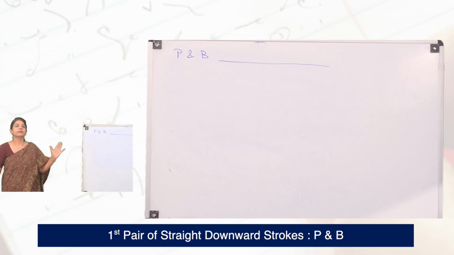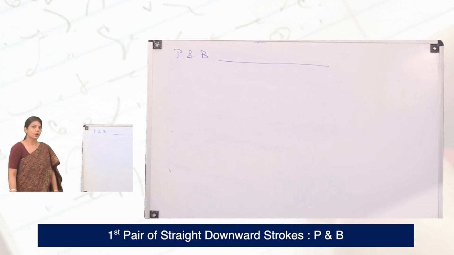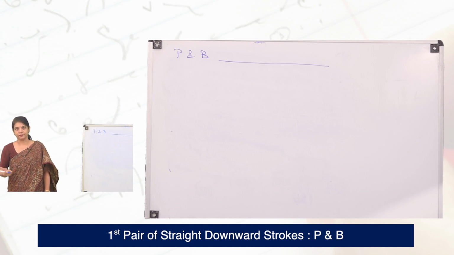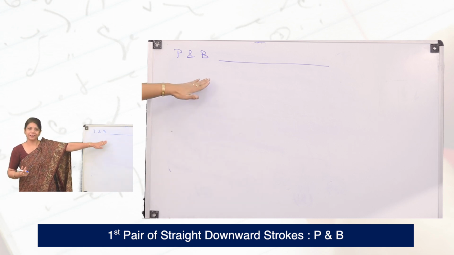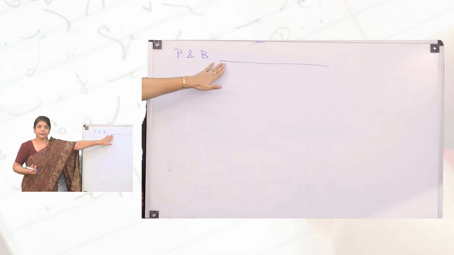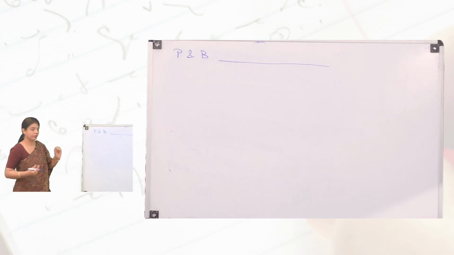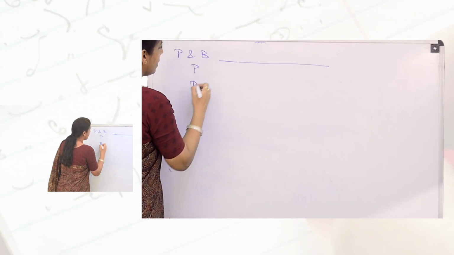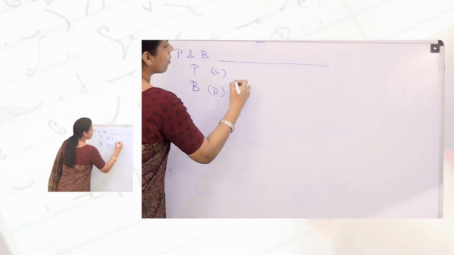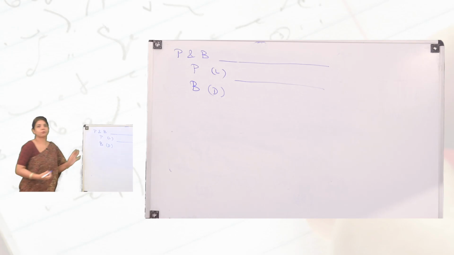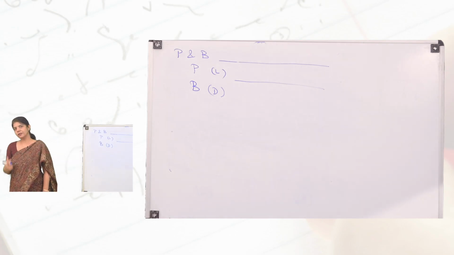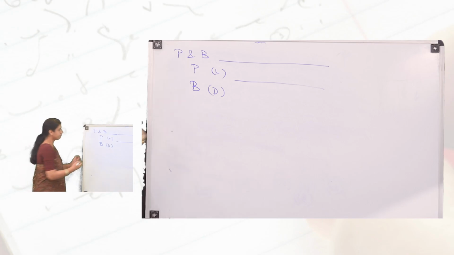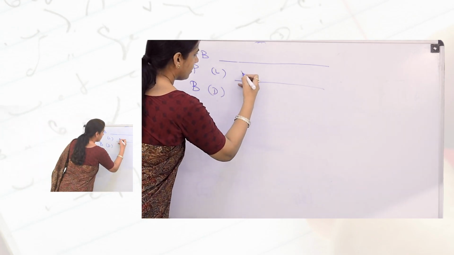Now when you are writing the consonants in the notepad, make sure every consonant rests on the line. It should touch the line exactly, and it should end on the line basically. So P is a light consonant because it is lightly pronounced, and B is a heavy consonant because it gives us a darker sound.